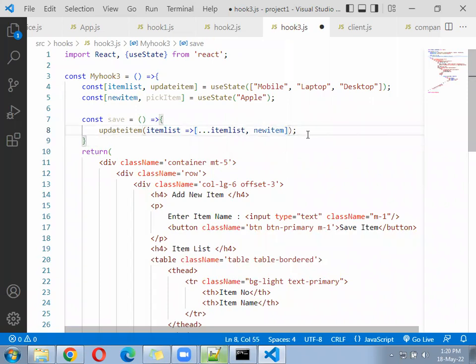So you can see update item is the hooks function that will help you add the new element inside the state variable. Now using a spread operator, we are pushing the new item inside the item list. On button click, we have to call this save function. After that, it will give us